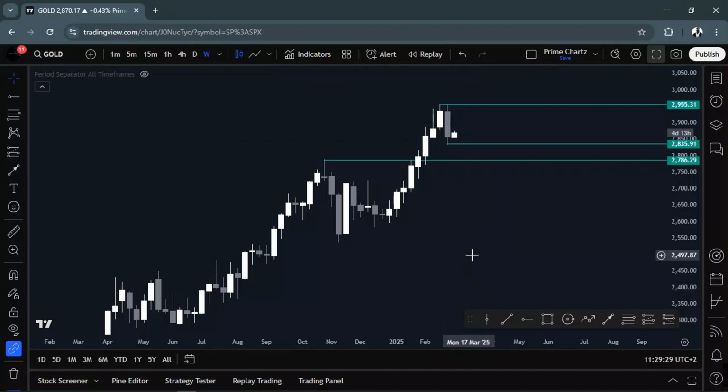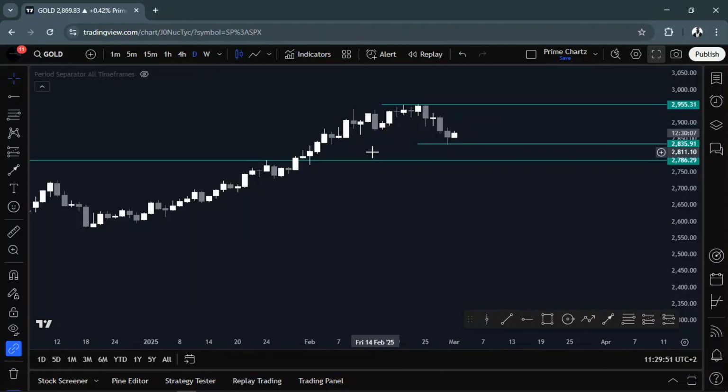Okay, so this is what we have on a weekly time frame. We know that price is very bullish at this moment. Price is in a bullish trend. Now let's go on a daily time frame,